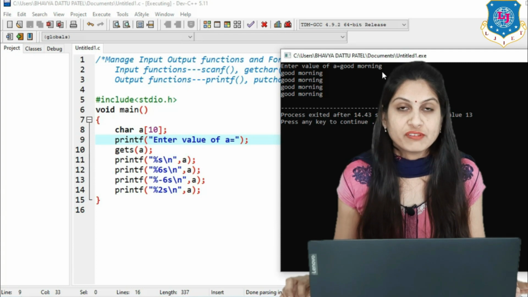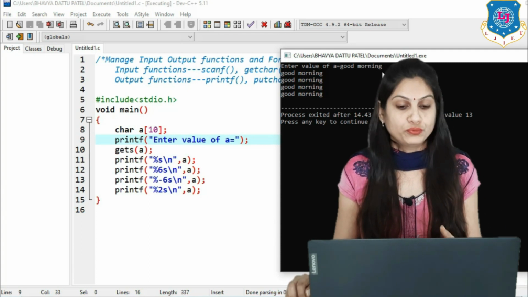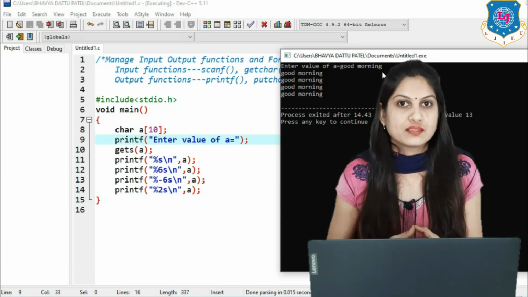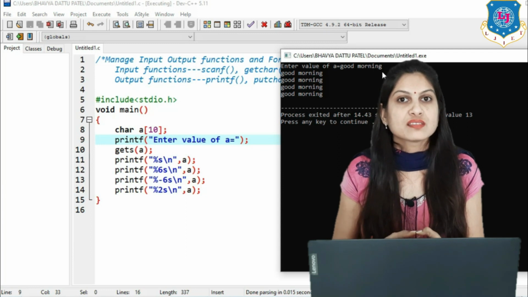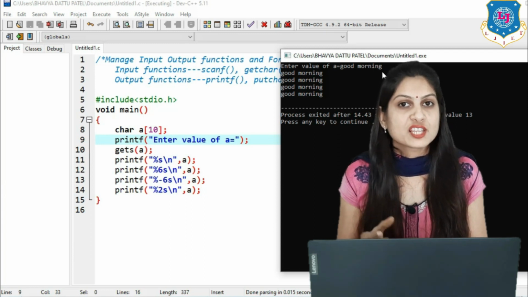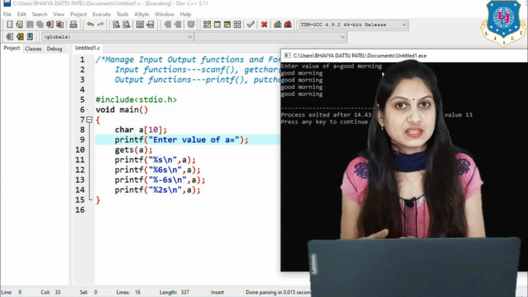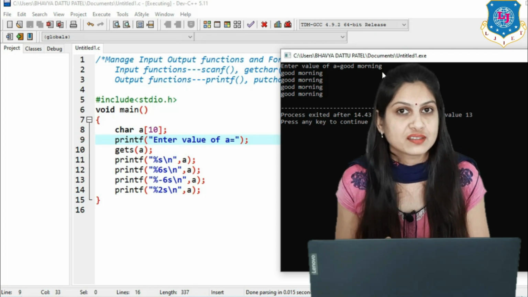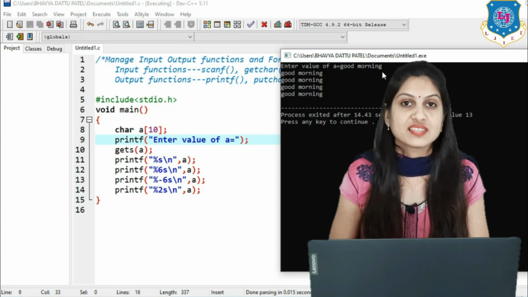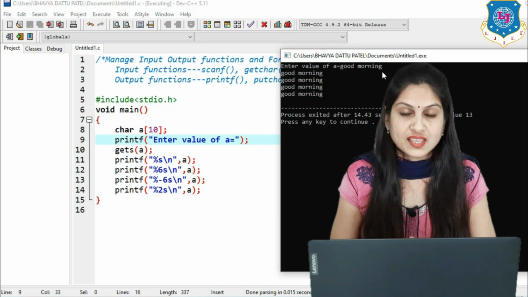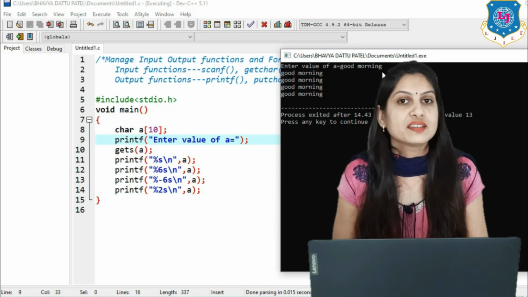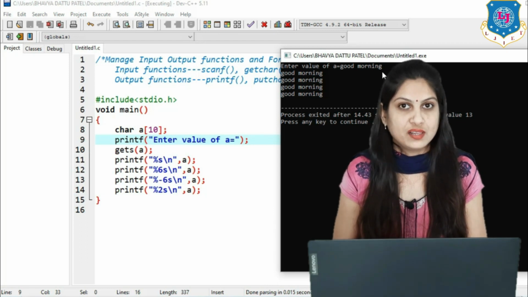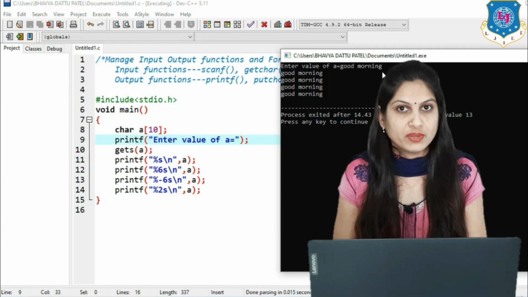Here you can find all the same output. Why? Because we are writing %6s, and 6 means how many characters you are specifying, and in our original string good morning total 12 characters are there, but we are specifying %6s, %-6s, %2s, so all the digit values are smaller than 12.